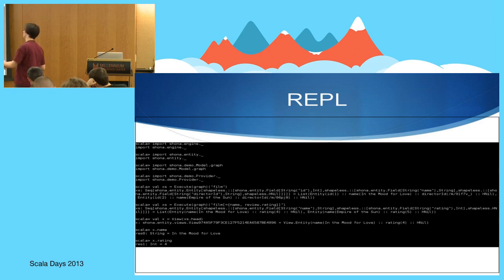Then these entities as is can be useful to, for example, expose directly to REST services or things like that. But if we want to use them directly in Scala code, the best thing to do is to create a view. So here we see a new type, a new class, which was generated, not exactly dynamically, and which is in fact the view which encapsulates and wraps the entity inside. Then you can simply call .name or .rating, and you get directly the value with the correct type, string and int.